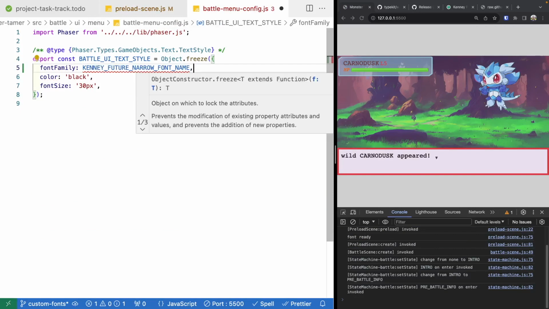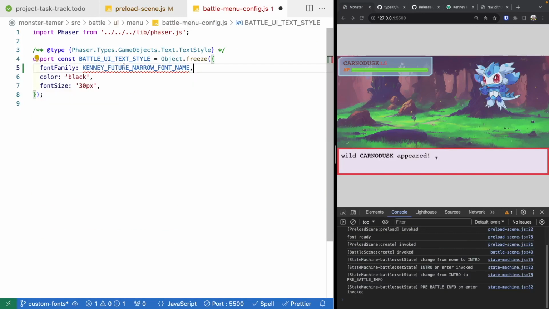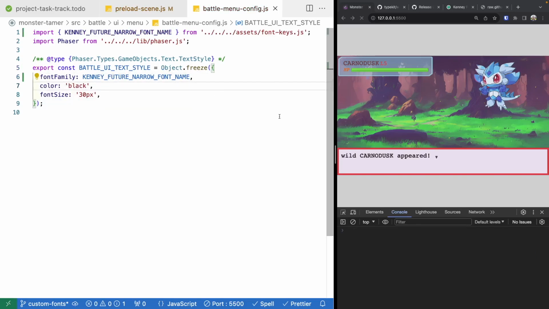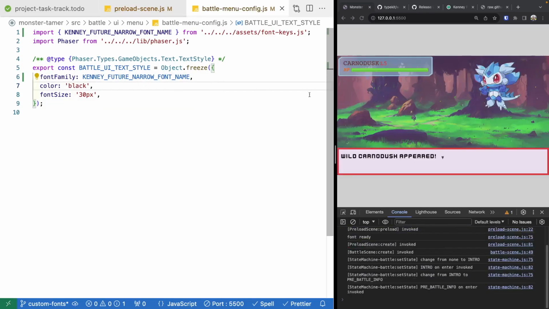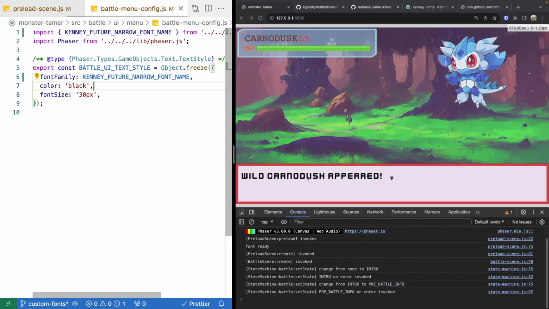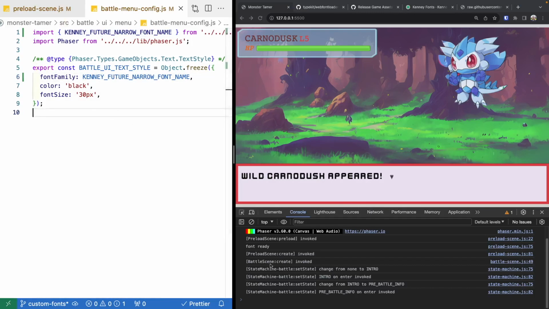So we'll go ahead and specify that here, and we'll go ahead and make sure we import that. All right, we'll go ahead and save. And so now we'll see right away when our scene reloads, we now have our new font for our battle menu here. And so it's being applied automatically because we loaded in that font. So we've confirmed that everything's working, and now we just need to address the issue with the timing of when